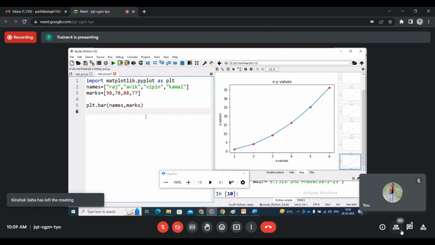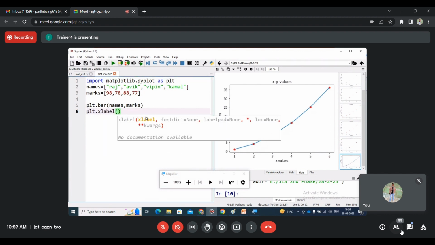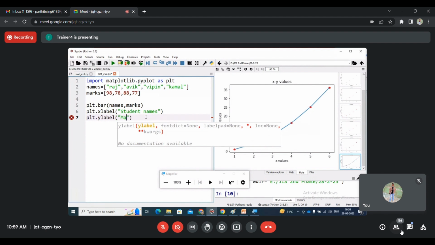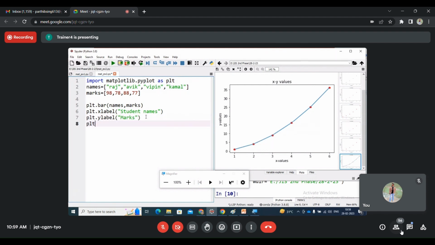After that, maybe you set some x-axis label, representing the student names, plt.ylabel, representing the marks, plt.title, student performance,